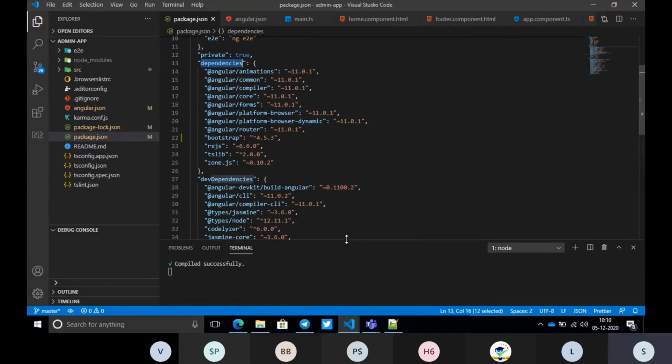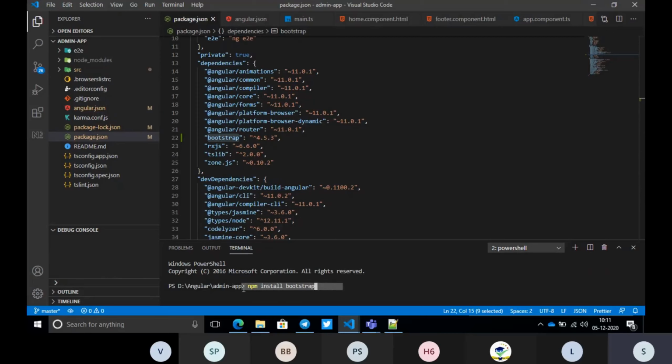How we can do that is just type npm install. Suppose you want to install Bootstrap, let me go to the terminal and type npm install bootstrap, right? Whatever framework we want to install, we can just install it like this.